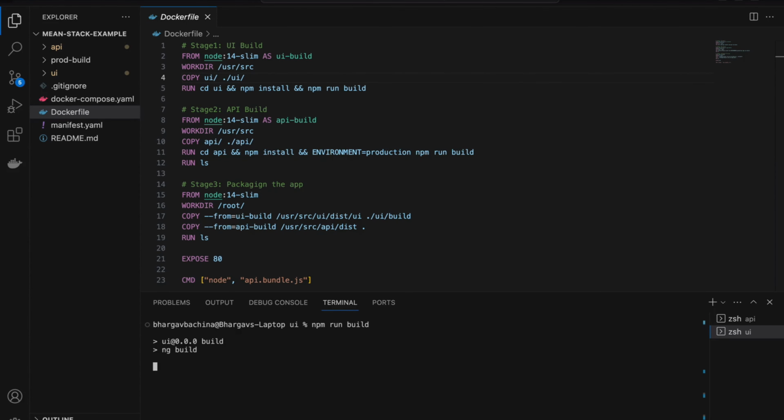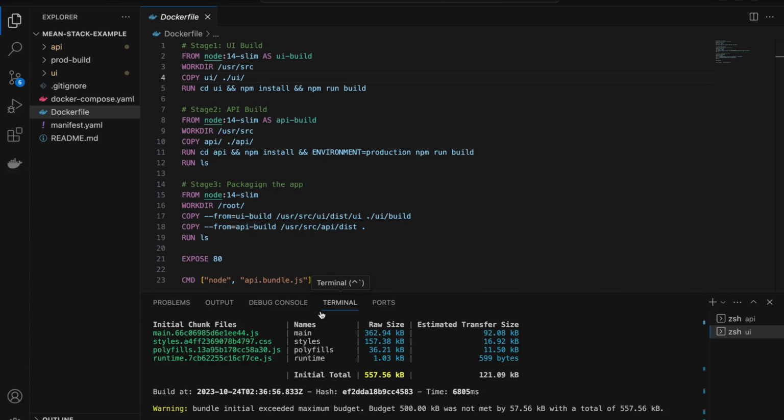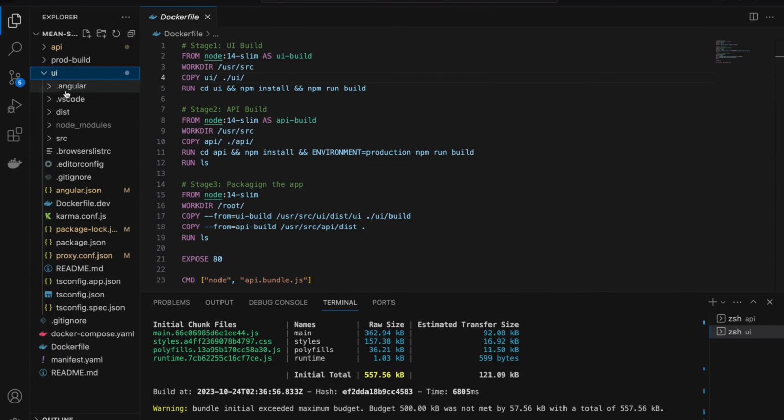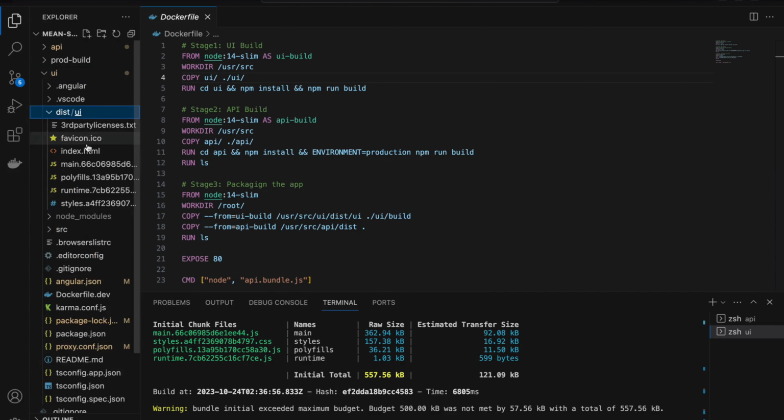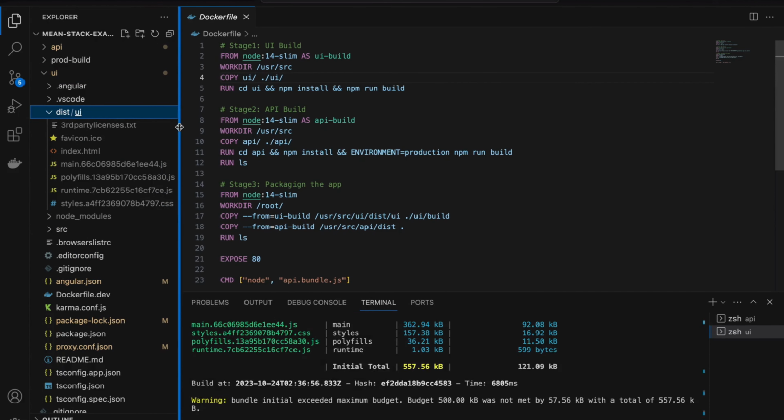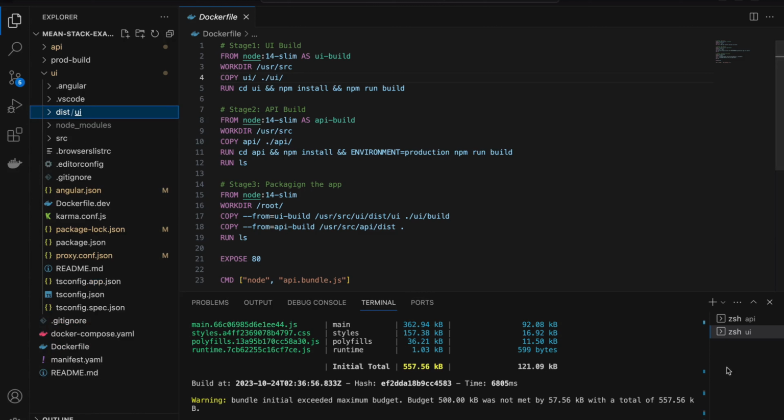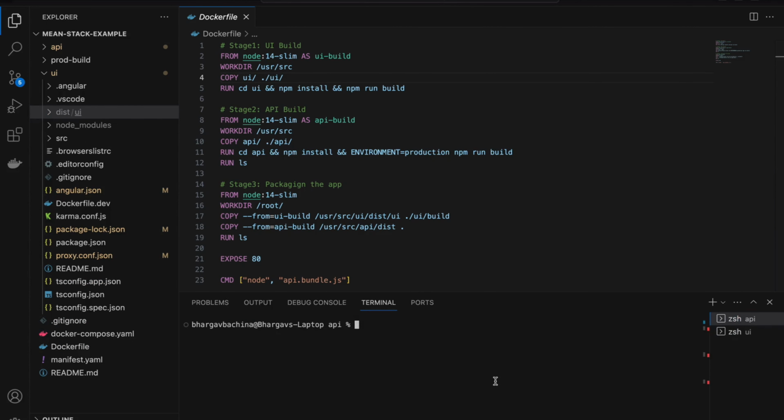Let's do the same thing here. Once you run this command, it actually creates the whole build of your UI application under the folder called dist. So we can see all the files. We just need to copy these files. We don't have to copy the whole UI application. We just need to copy whatever is built under the dist folder,